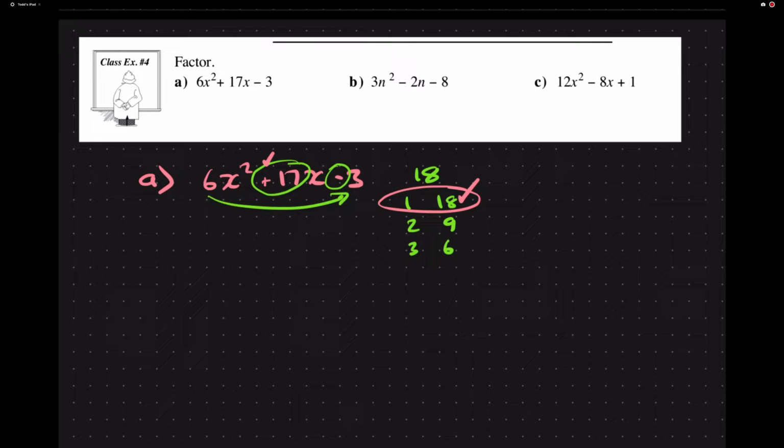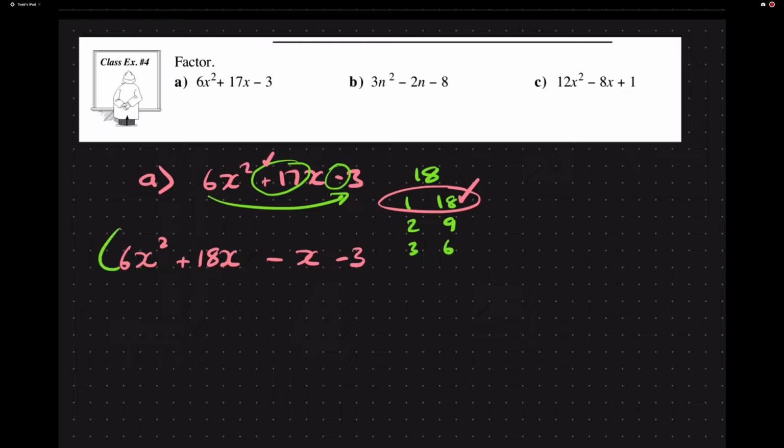So it's going to be plus 18x and minus 1x, and together that is a positive 17x. So same thing, keep the first term. Keep the last term. Now, where am I going to put the 18 and where will I put the 1? In this case, it doesn't really matter, but I'll put the plus 18x right there